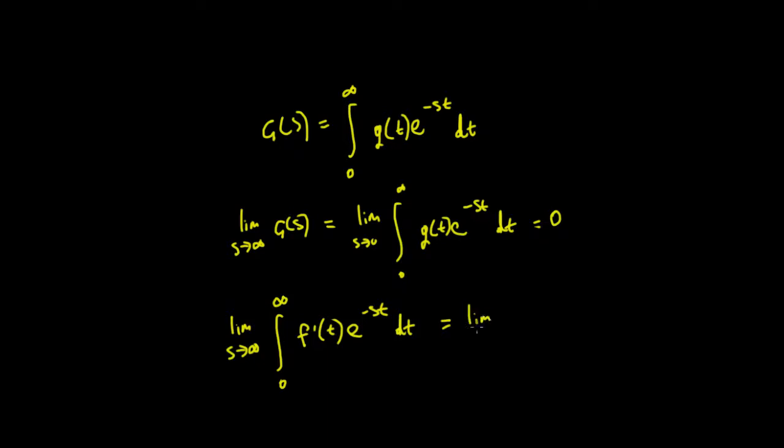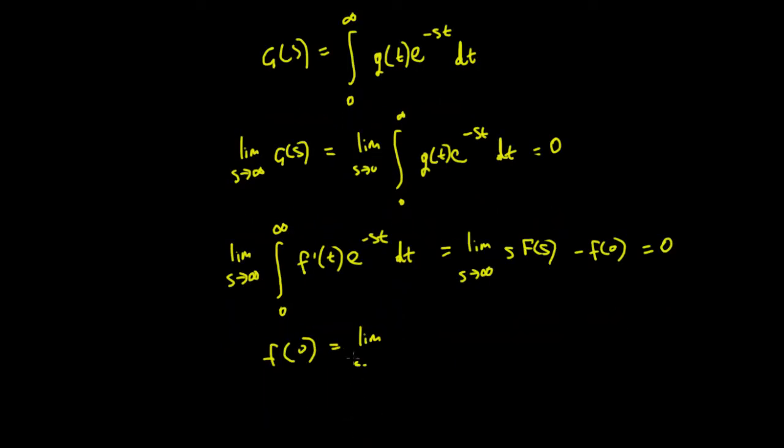Okay, so if we take the limit as s tends to infinity of s f of s minus f of 0, this section here is the Laplace transform of a derivative. Again, we derived that in a previous video, so you can go back and have a look at that. Again, this thing here is going to be equal to 0. So what we can do is now transpose this. We can take the f of 0 over to the other side, so we're then able to say quite simply that f of 0 equals the limit as s tends to infinity